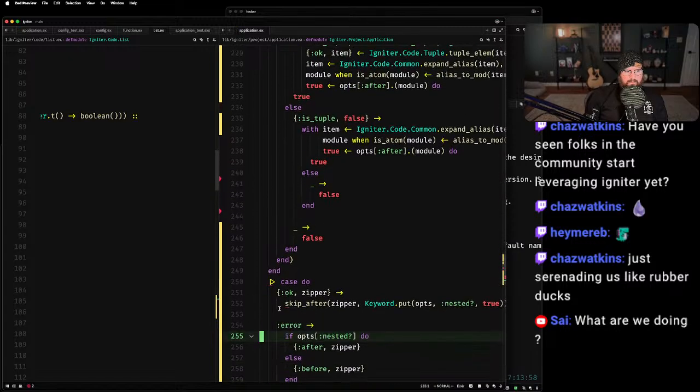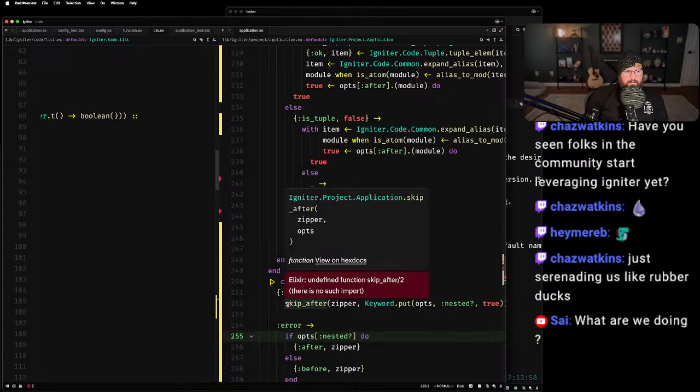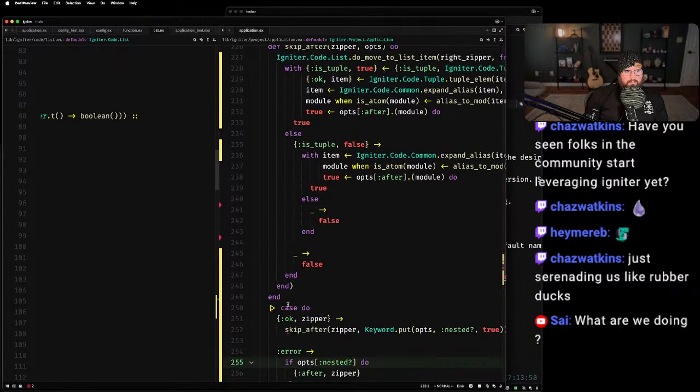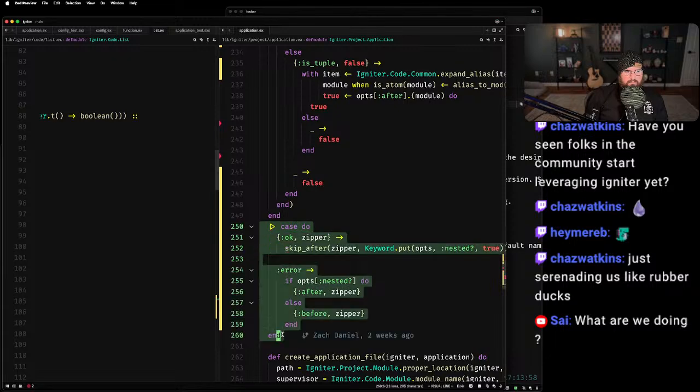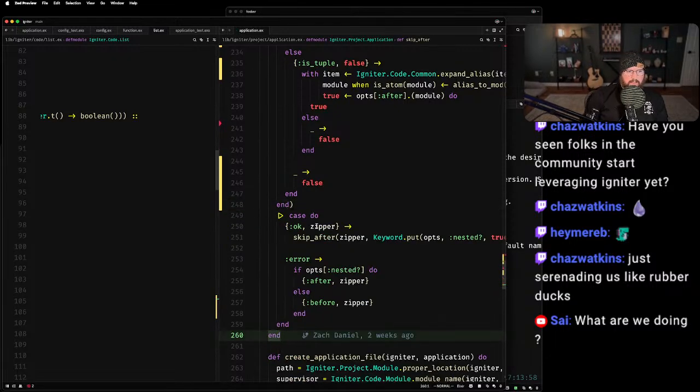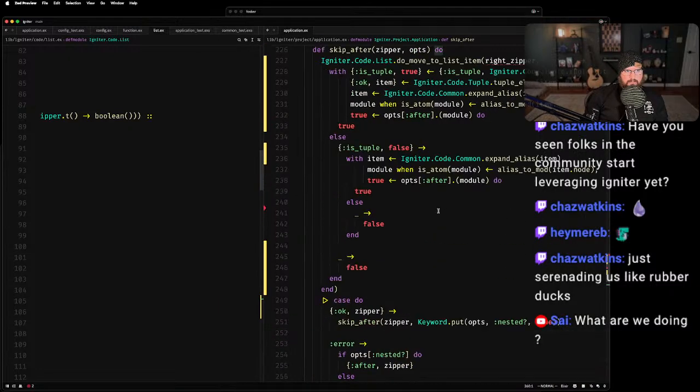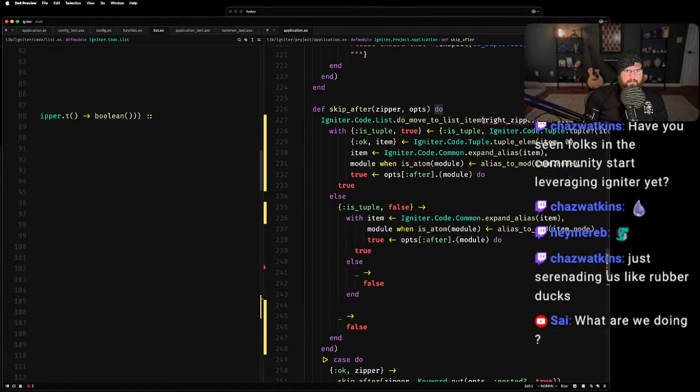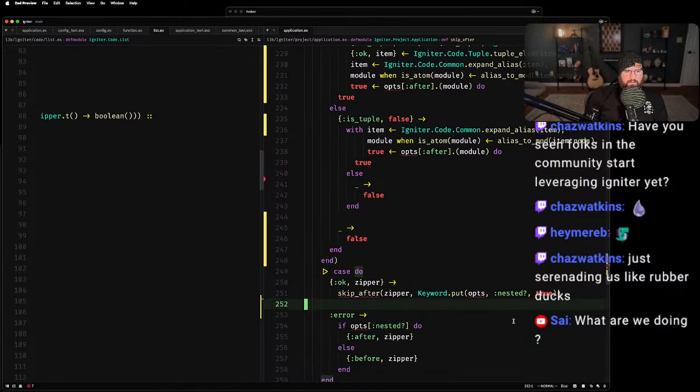So skip after. And we don't need this. We don't need these ops either. We're just going to repeatedly go till we find a list item that we go after.